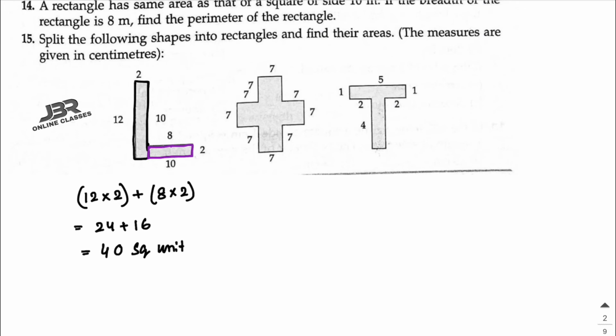Okay, now next one. As here it is centimeter, sorry, this is centimeter, so you can write directly square centimeter. Now the next one. If you join this one, that is the first rectangle, and the second ones here, the purple ones, these two are squares. That means one rectangle and two squares.